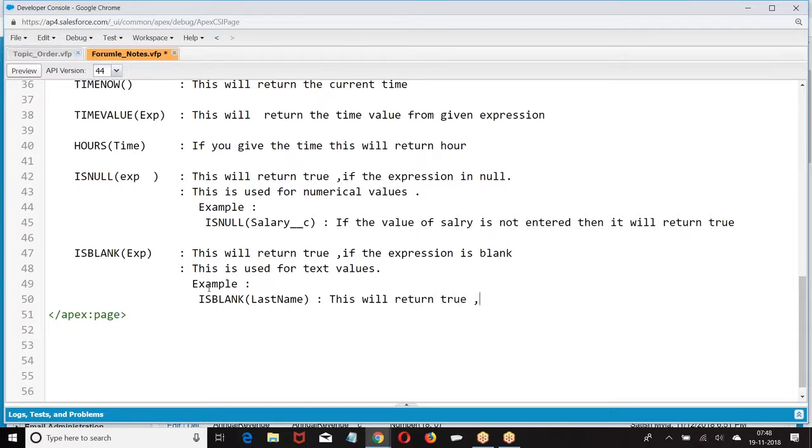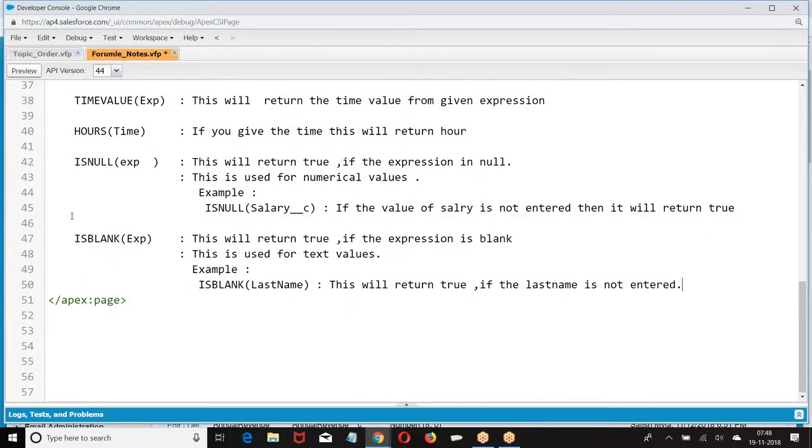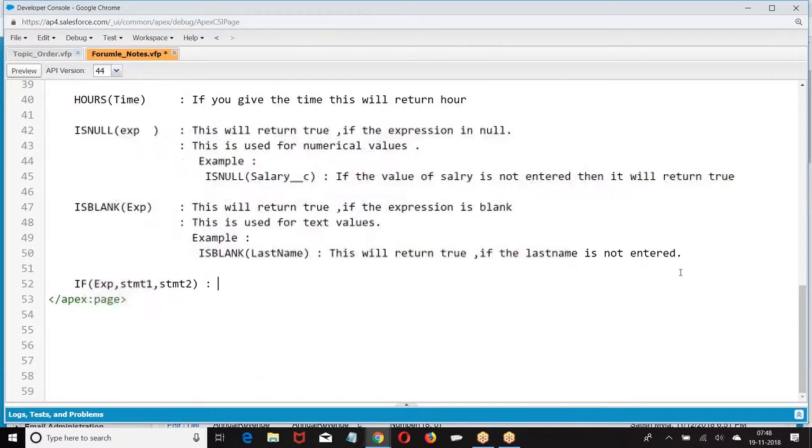This will return true if last name is not entered. So this is how we got here. Is null, is blank. Then we have if condition. If expression, what was that? If the given expression is true, statement 1 will be given.